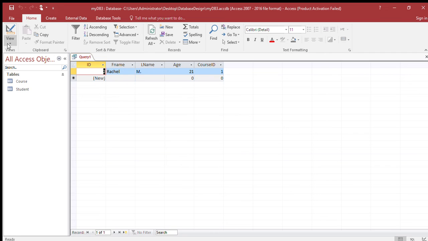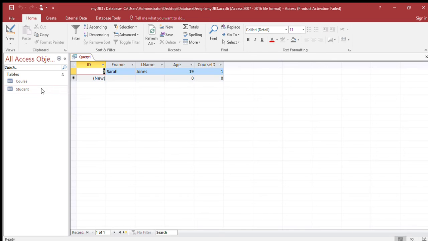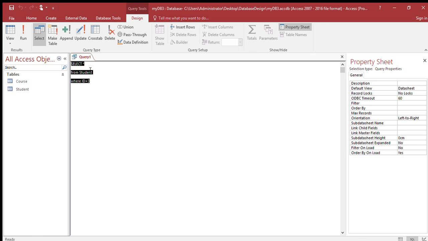Okay, now let's go back again to my SQL View. Select everything from student where ID is equal to 3. So I will see only one record where ID is 3 and that belongs to Sarah. Now let's go back to the SQL View and say select everything from student where ID is equal to 3 or where student.id equals to